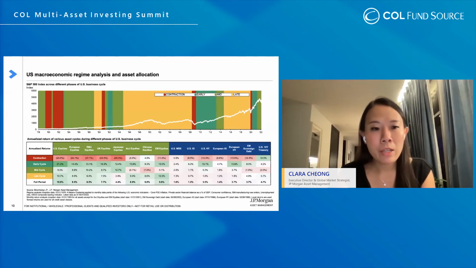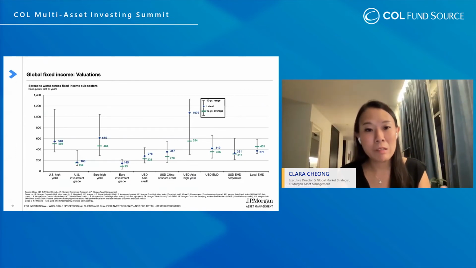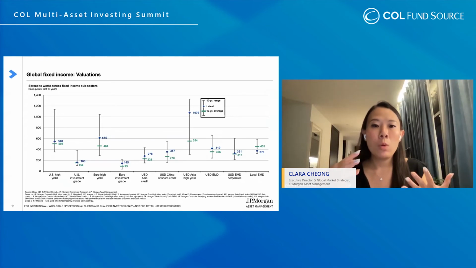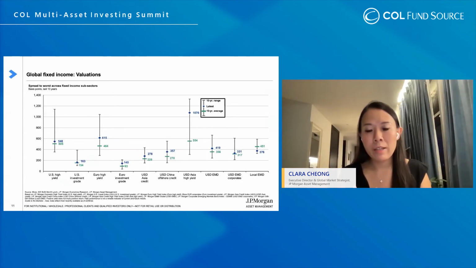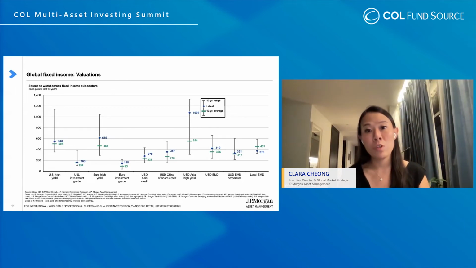So on the next page, given that we are progressing to later stages of the cycle, or maybe even a contraction, I think what we should really be doing here is looking at increasing allocation to fixed income, to prepare for this slower growth environment over the next 12 months. So, from that perspective, we are shifting from more of a pro-risk environment towards a more balanced or maybe even more conservative position when it comes to asset allocation.